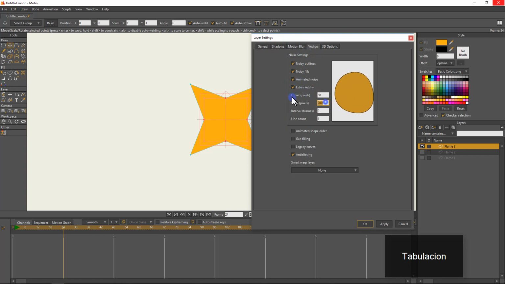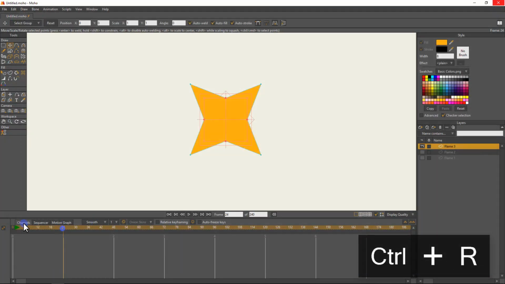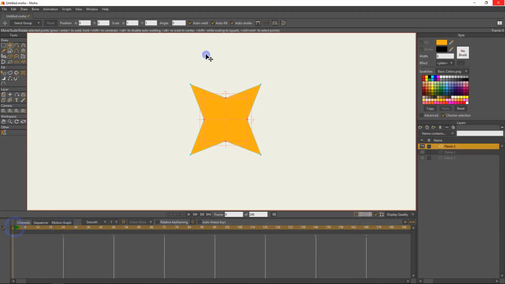No, actually let's put 100 and 100. Yeah, now we have a lot more movement here. So apply OK, and we'll run it again. Yes, now we have more movement. Remember that fire is not actually very linear. It is unpredictable. So now that we have this, this will be the flames, because we'll be creating a particle